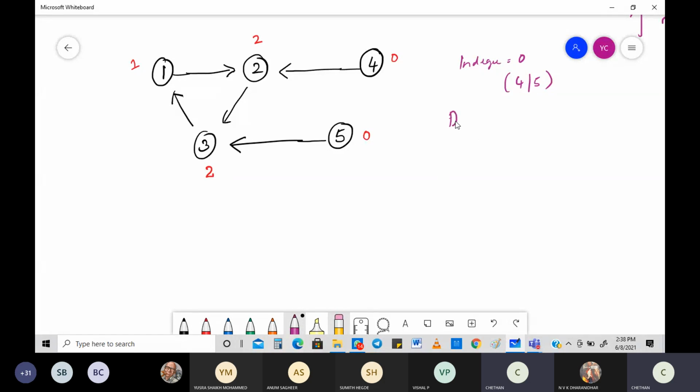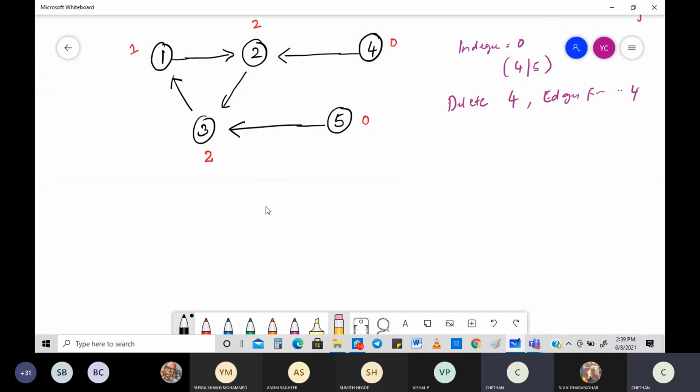So what I'll do is delete 4, because its in degree is equal to 0, and also the edges from 4. If I do that, what am I going to end up with? I'm going to write that graph again.